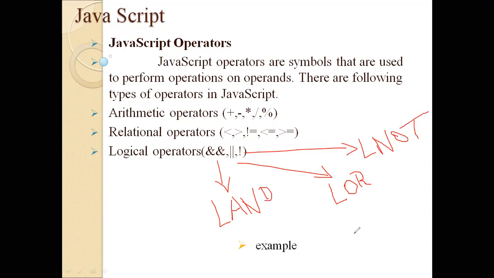Logical NOT. So for example, if there are two conditions that I want to check, and there is one block, if somebody wants to enter the block, they have to satisfy these two conditions. In such a case, by simply using double ampersand here, which means AND, if these two conditions are true only, then control will enter into the block. If we have a logical OR symbol here, when any of these conditions is true, it will allow the user into the block.